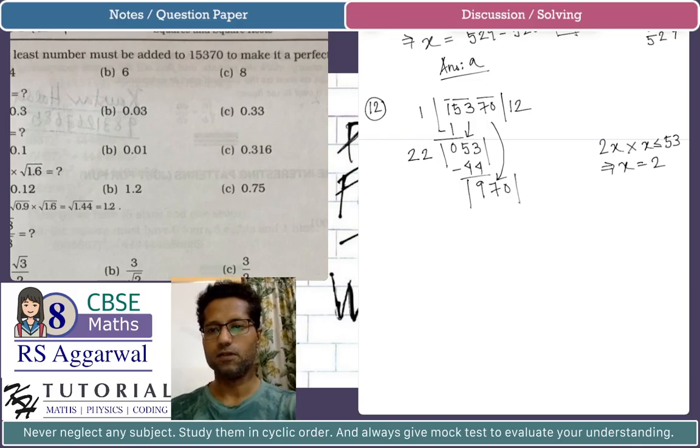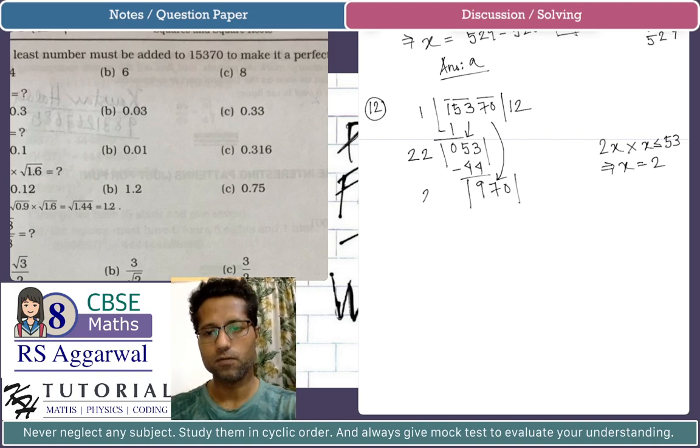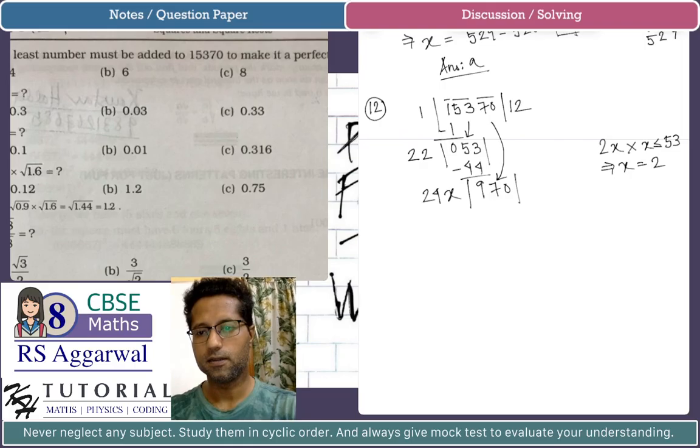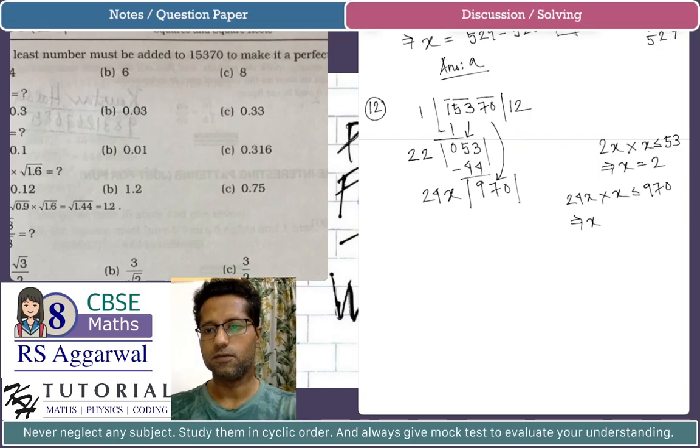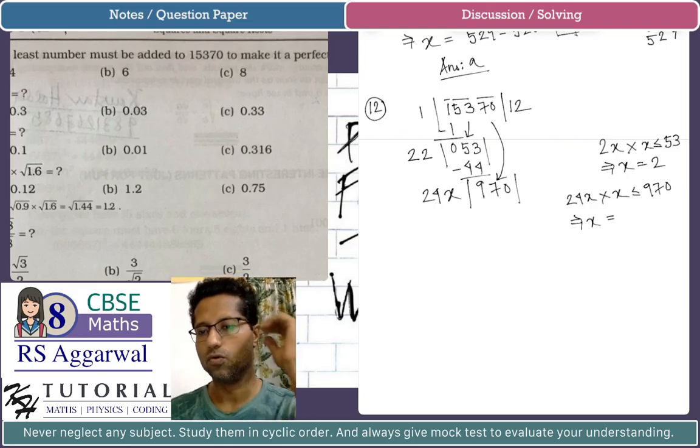The next partial divisor will be whatever the quotient is multiplied by 2, that is 24. Again, we have to find the digit x after 4 such that the three digit number 24x multiplied by x will be less than or equal to 970. So this implies x will be equal to 4,